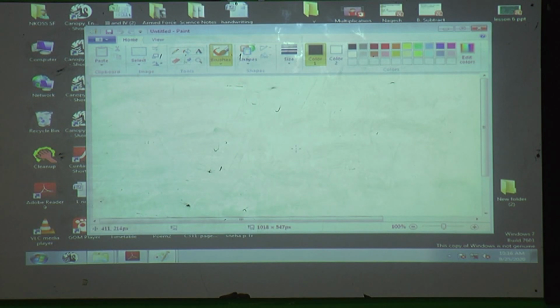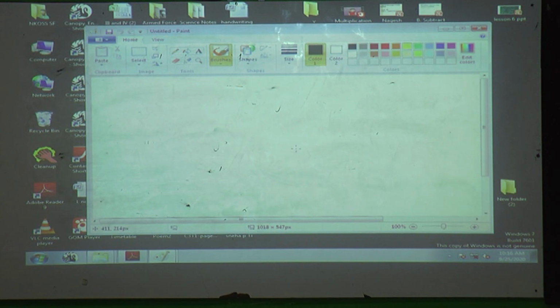Now we will see parts of this Paint window. It has five main parts. Which are they? Title bar, ribbon, quick access toolbar, drawing area and scroll bars. There are two scroll bars also. Which are they? Vertical scroll bar and horizontal scroll bar.